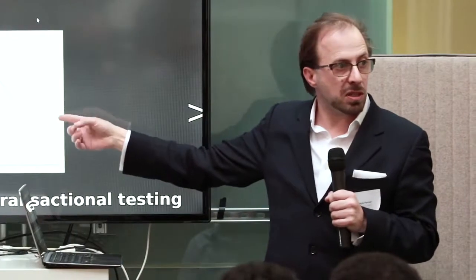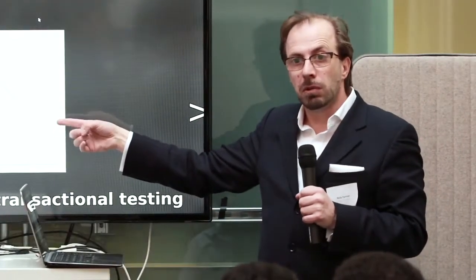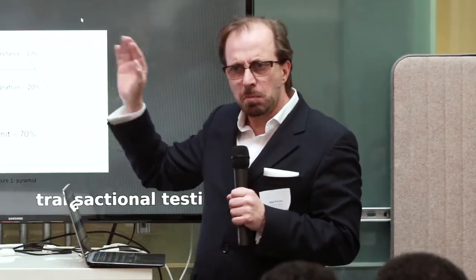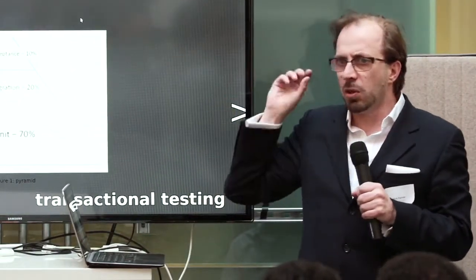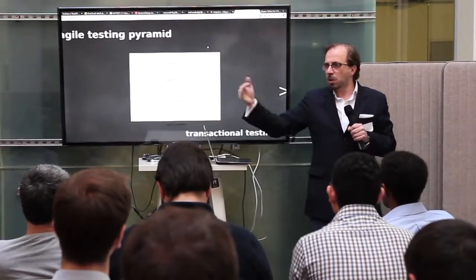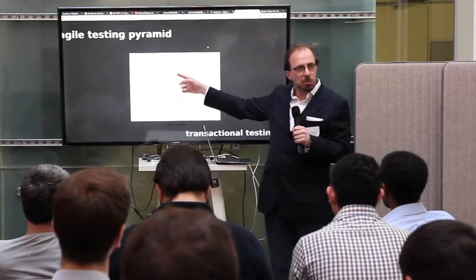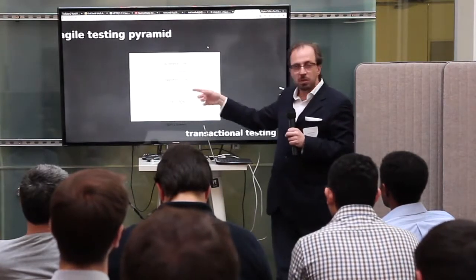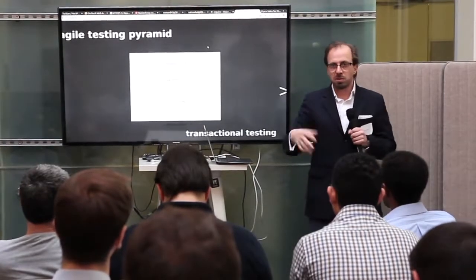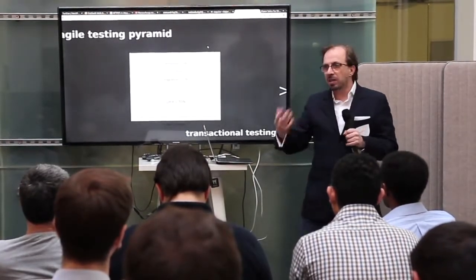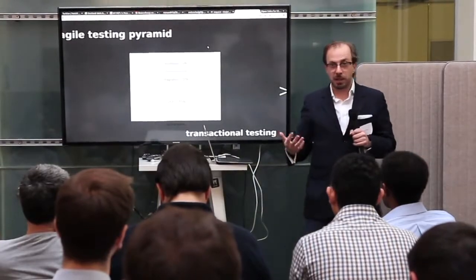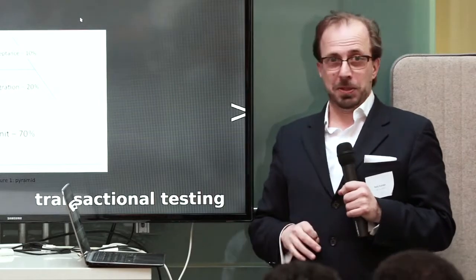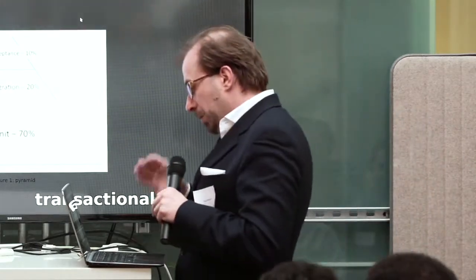So we make loads and loads of unit tests because they're cheaper. Otherwise, these give better assurance, right? Acceptance tests give much better assurance that something works. End to end. So why wouldn't we do them all the time? Well, because they cost a lot to make and maintain. Whereas unit tests, you can get programmers to do them all the time. They get thrown away. They're much more maintainable, right? That's the theory. Some of the people are staring at me completely blankly as if, no, that's not how it works where I am. But anyway, that's the theory.